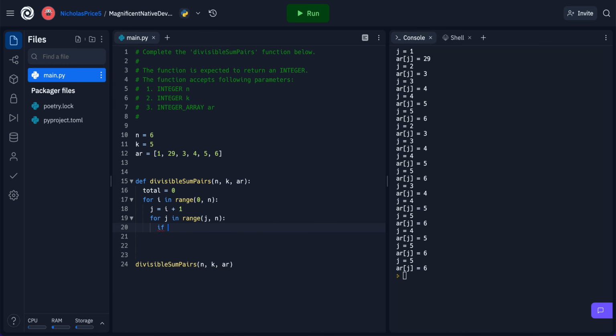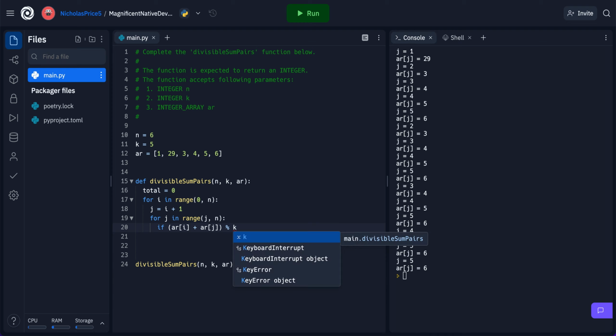If array of I plus array j, and let's put those in parentheses because we're going to want to add those first, and then we'll divide by k. And if that is equal to 0,